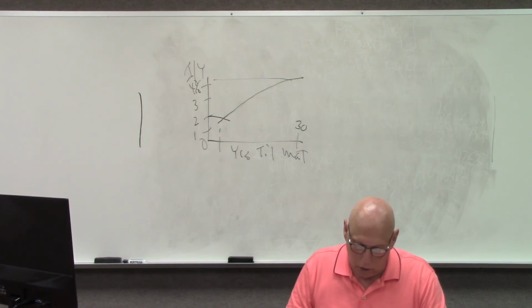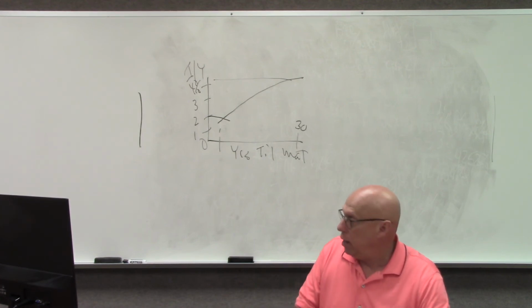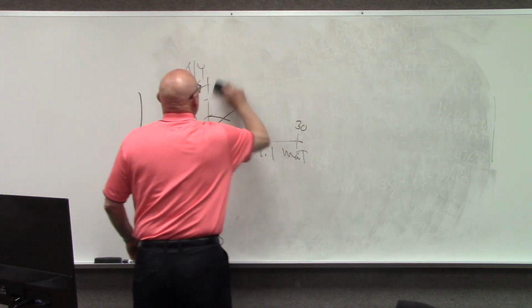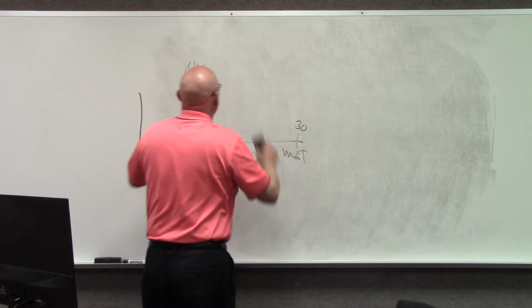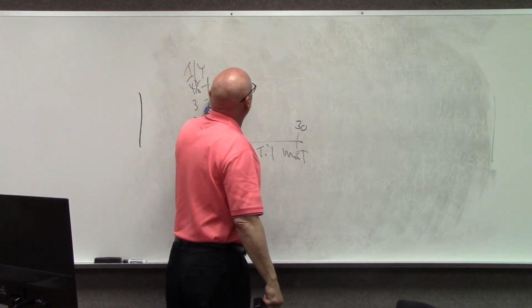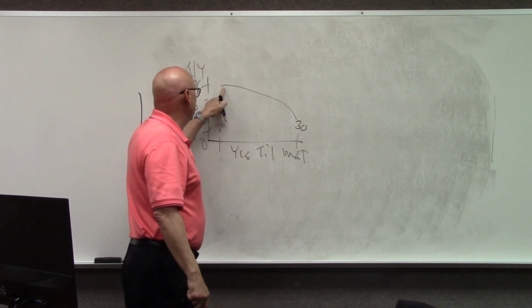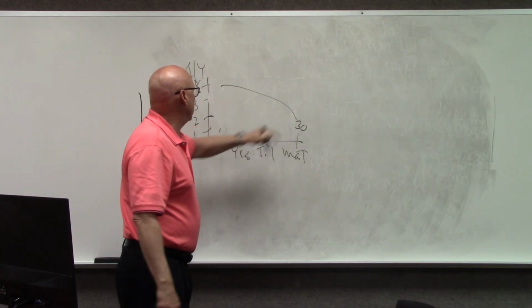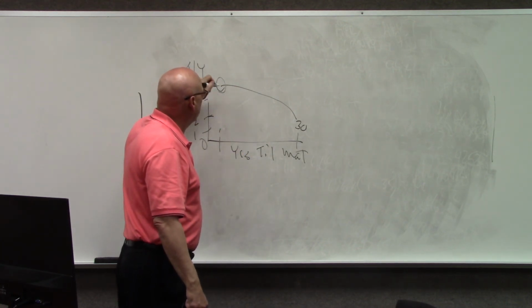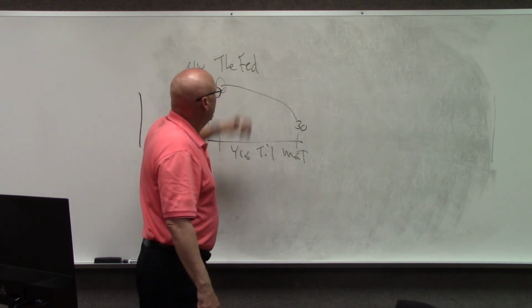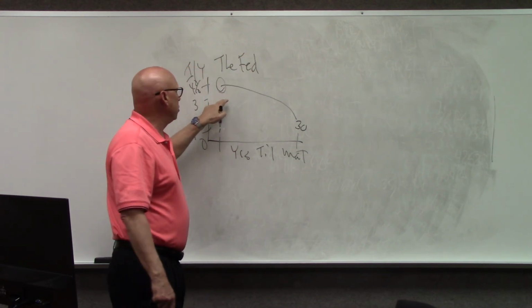What is an inverted yield curve and why is it important? An inverted yield curve is when rates on shorter term issues, bonds, are higher than rates on longer term bonds. Well, who controls short term rates? The Fed, the Federal Reserve. So what this tells us is the Federal Reserve